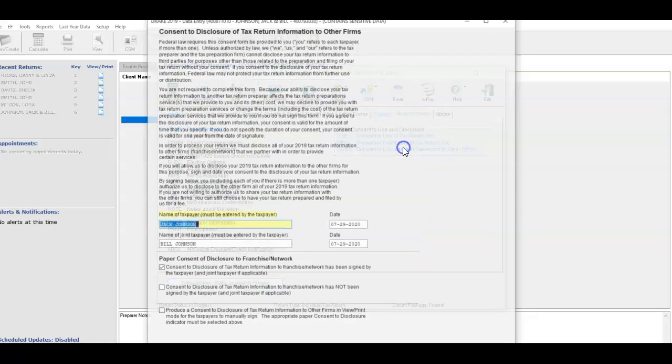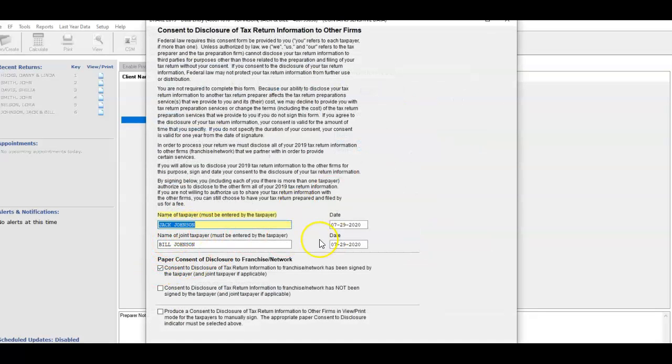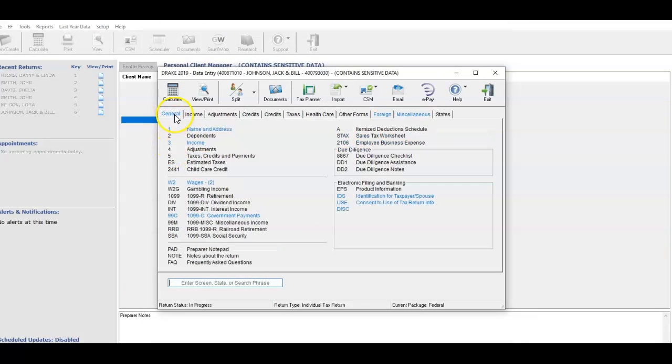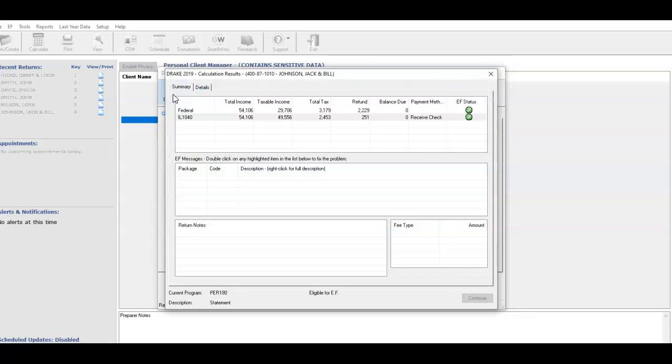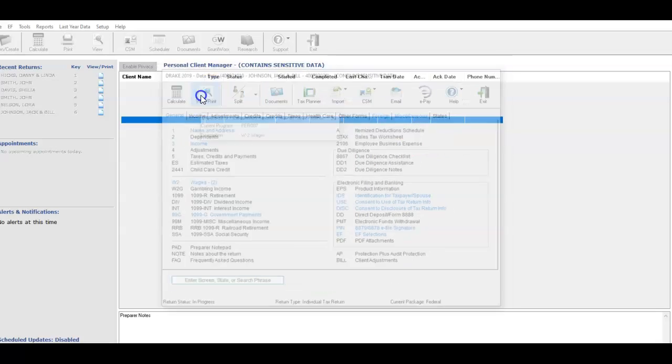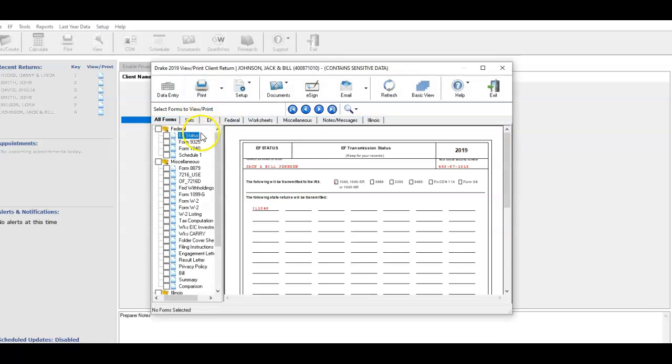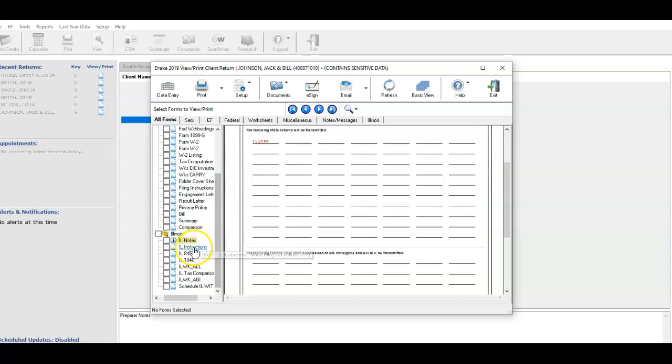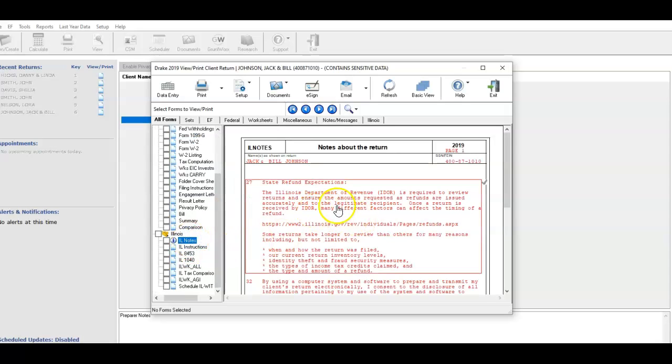Miscellaneous, this one here. We fill in information for both. The date, whatever date we did it on. Then we hit consent. Come out of that. We go to calculate. They both are green, meaning they're good to go. So I go to view mode, just to make sure there's no messages. We have no messages here. We got notes here, but we always have notes. Notes don't mean anything. It's just messages are the things you have to clear up in order to process the